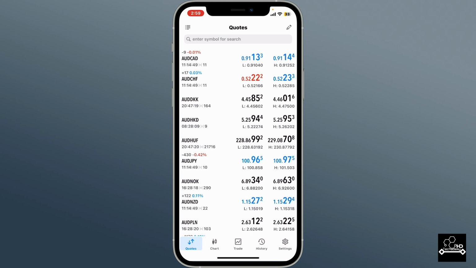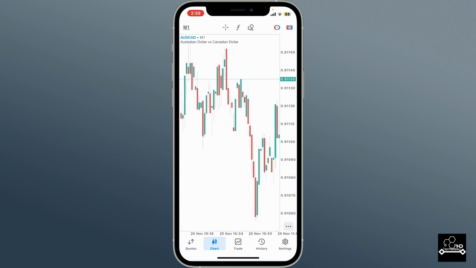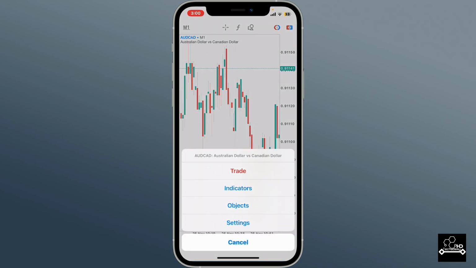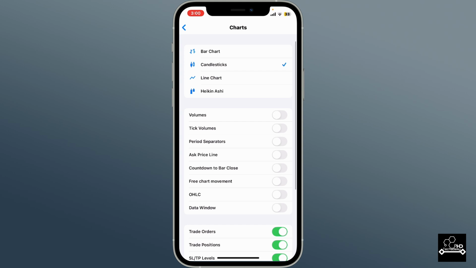After you're inside the home page of MetaTrader 5, go to the bottom of the screen and select chart. From the chart page, tap anywhere on the chart and then you will see this pop-up menu. Click on settings. And from the settings menu, you will be able to see the chart types you can choose